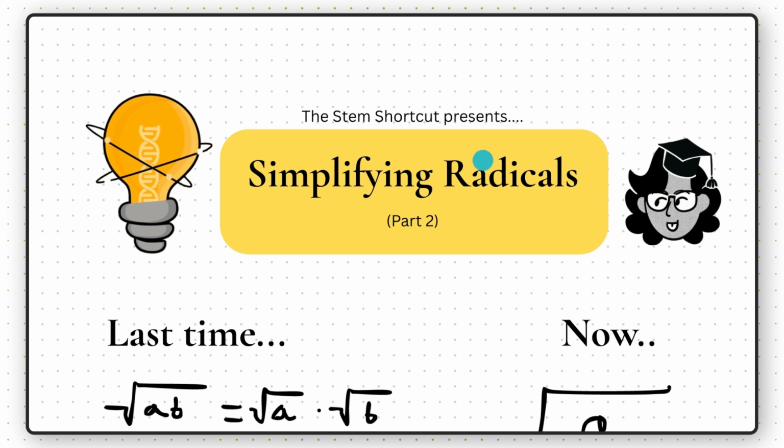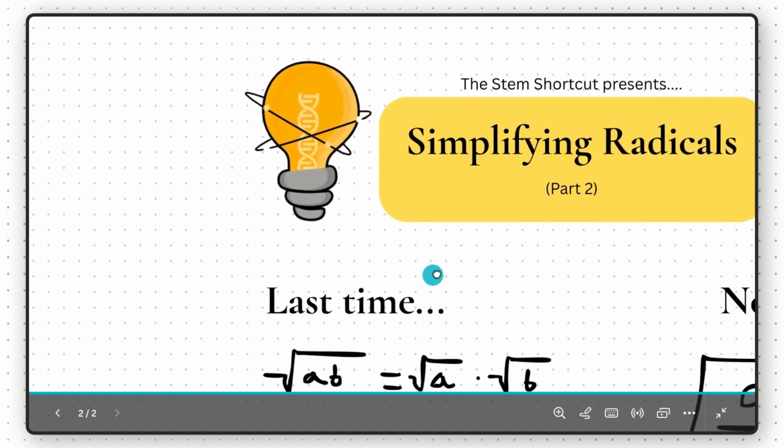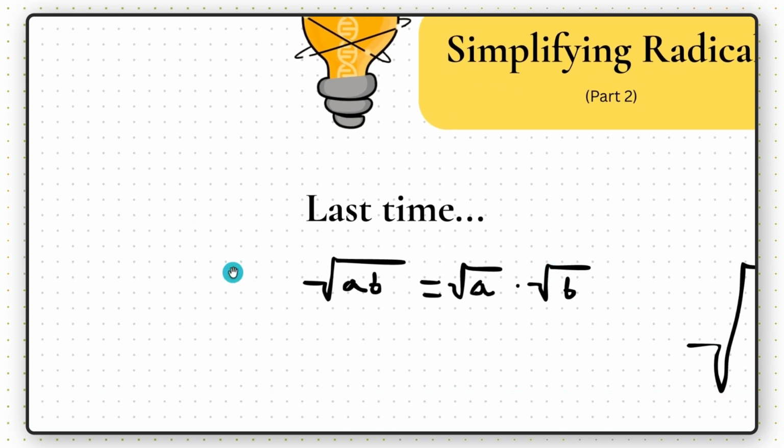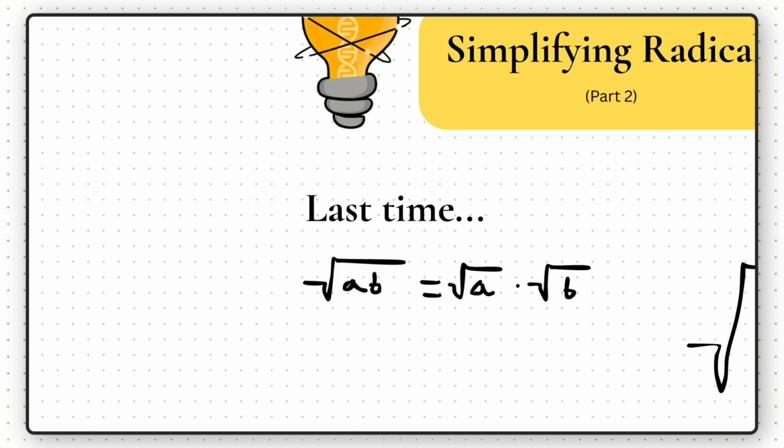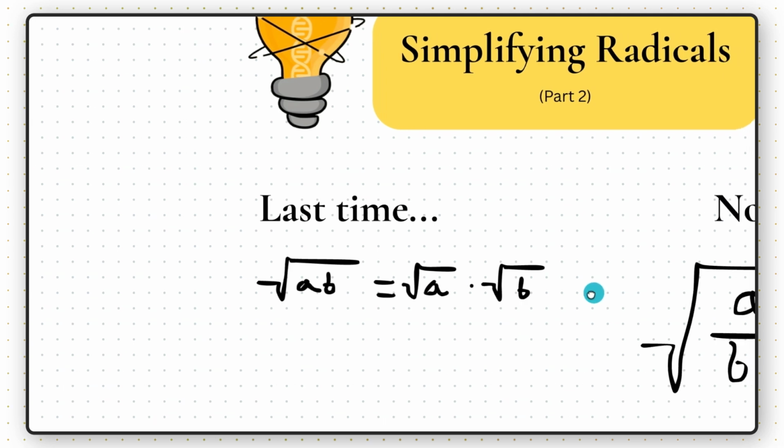So in our last video we discussed simplifying radicals using this rule right here, which is called the product rule. The square root of AB is equal to the square root of A times the square root of B. Now if you're confident with applying that to simplifying radicals, you should have no problem understanding this next rule, the